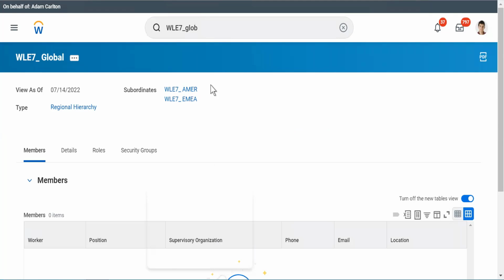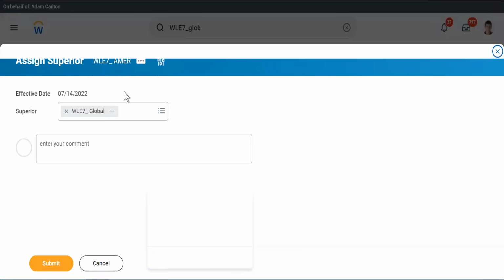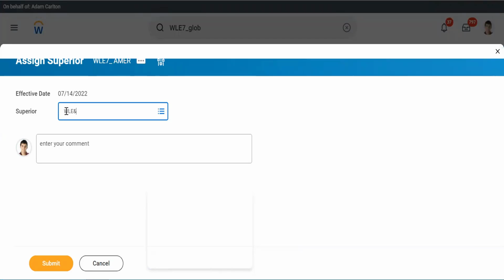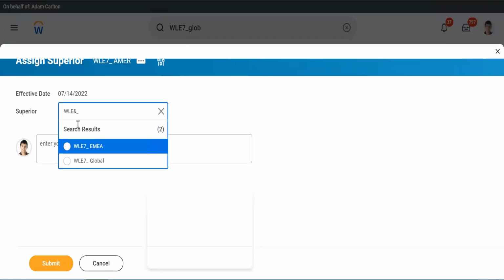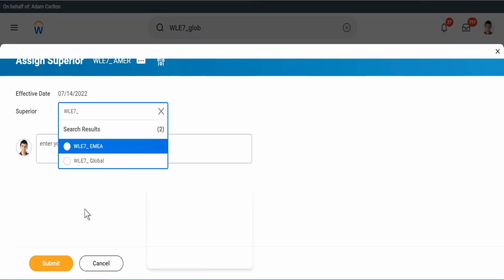So APAC might be at the upper level. Below Global, APAC, and then below APAC, you see, Global is the current superior. I want to remove it, and let's say I want to add APAC. I'm not getting that option.